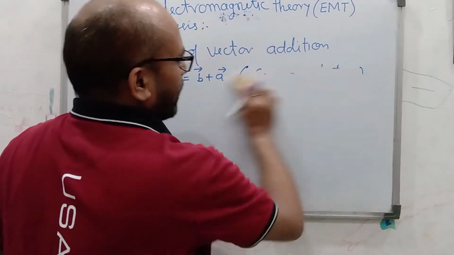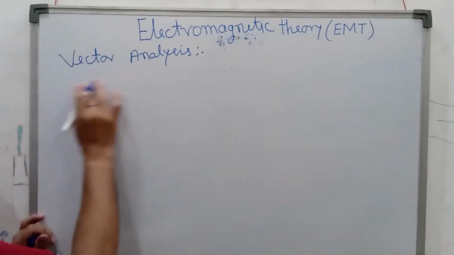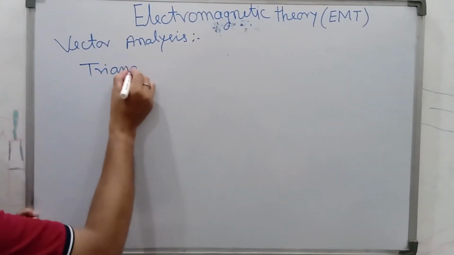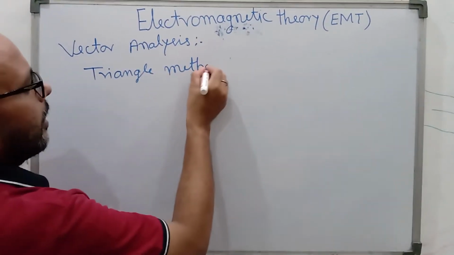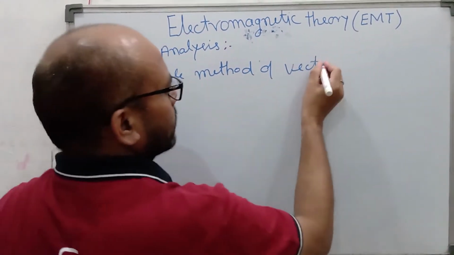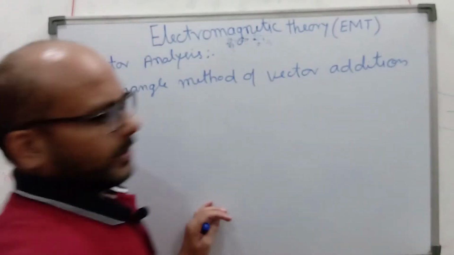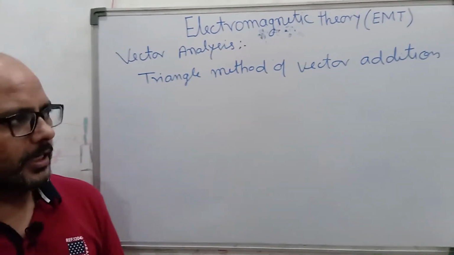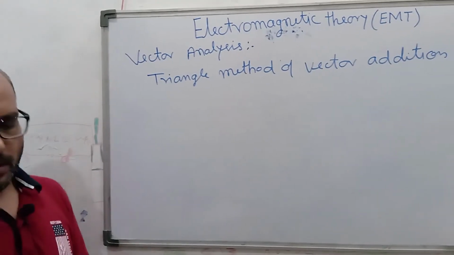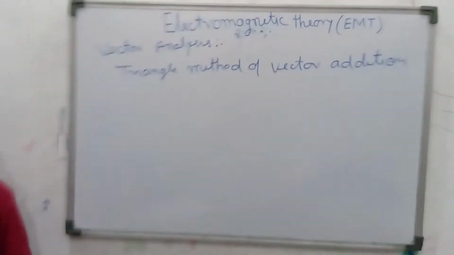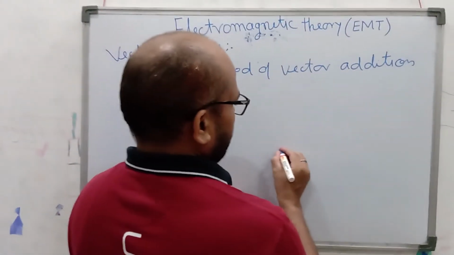The magnitude is 1. Now another topic is addition of vectors, that is the triangle method and parallelogram method. First is the triangle method of vector addition. The triangle law of vector addition states that when two vectors are represented by the sides of a triangle,